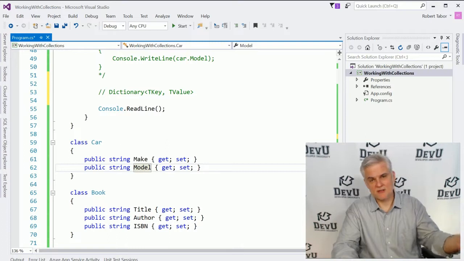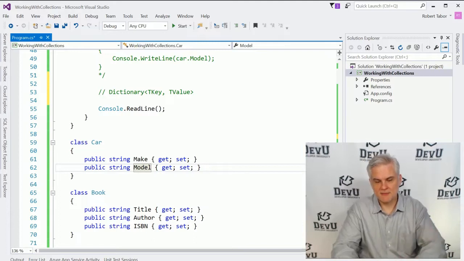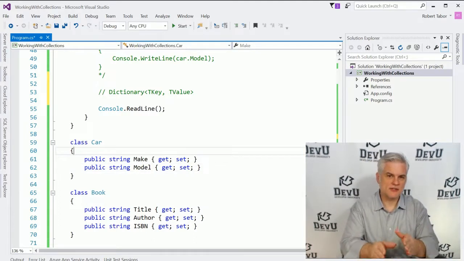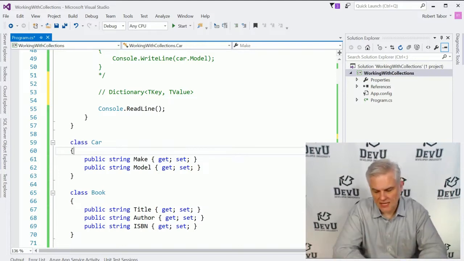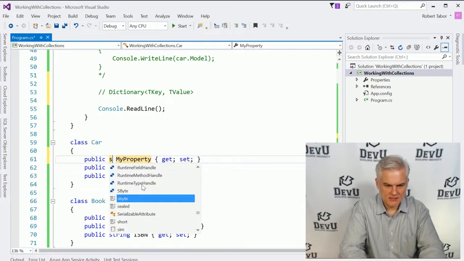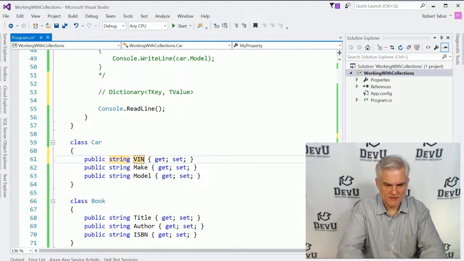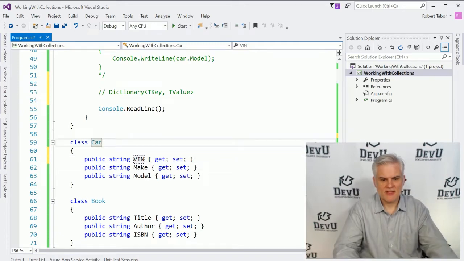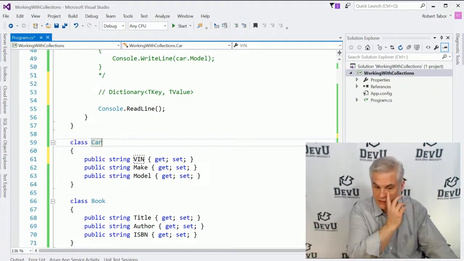They may have different colors, they might have been created in different years, but you can have multiple cars in the car lot that have the exact same make and model. So neither of these are good candidates for keys, but there is something called a vehicle identification number. So let's go prop string, and let's call this VIN, that will differentiate every car in the world that's